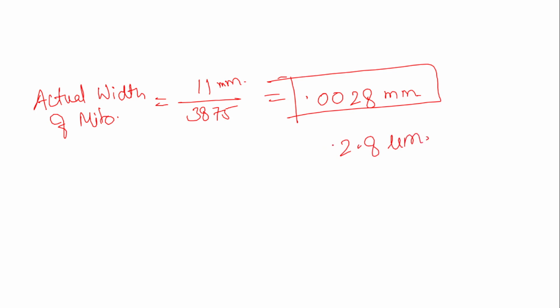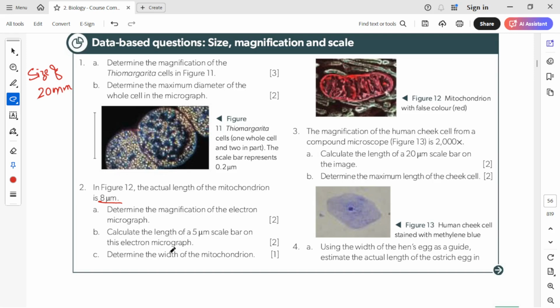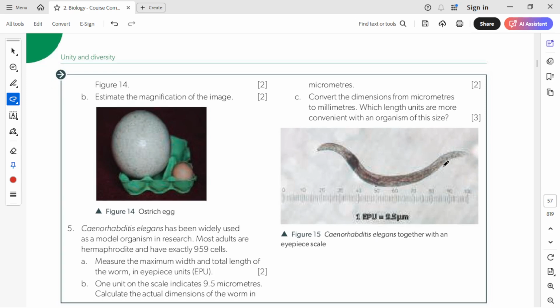Okay, so this is how you can solve the questions, and now I'll leave a few questions for you to solve. We have done the first two questions and we'll start from here in the next class. Third and fourth question are your homework, so just try to finish them off, and we will also discuss these questions in the next class.